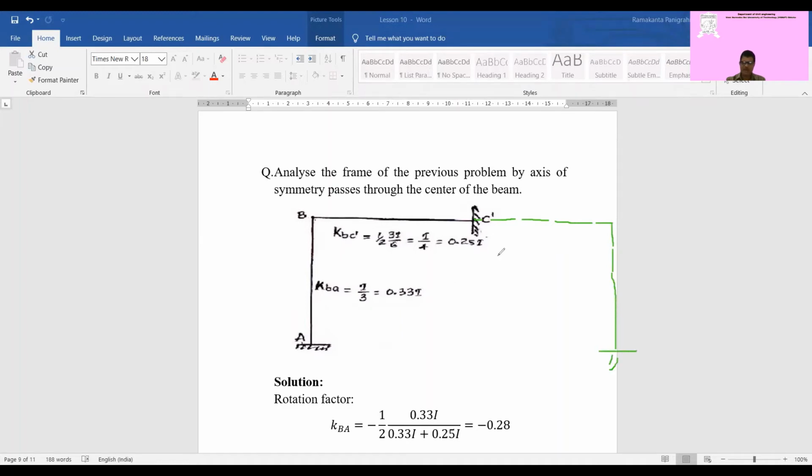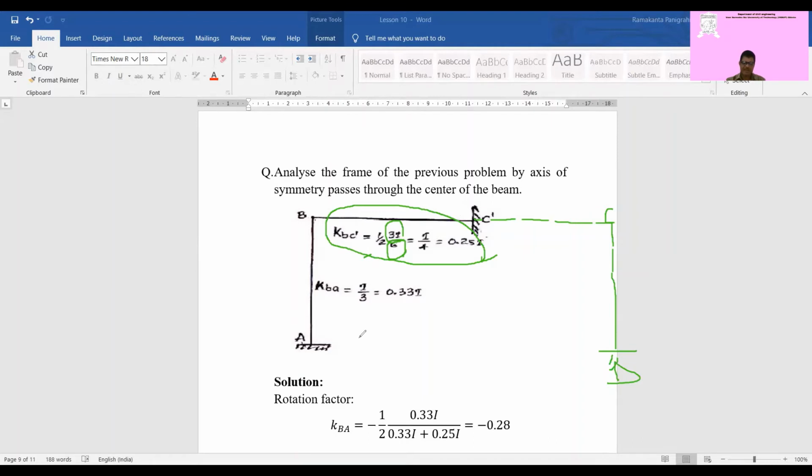So now the only thing is the stiffness of the member BC dash. It was C, it is now C dash, it was D. So now at C dash, the stiffness will be equal to half of I by L. Whatever stiffness you calculated earlier for BC, half will be considered. Either you take relative stiffness or member stiffness 4EI by L, half of that will be considered. So 3I was the moment of inertia of the section, L is the span, so I by L is the relative stiffness. Now half of this value is considered for the span BC dash. And this will remain the same as I by L.